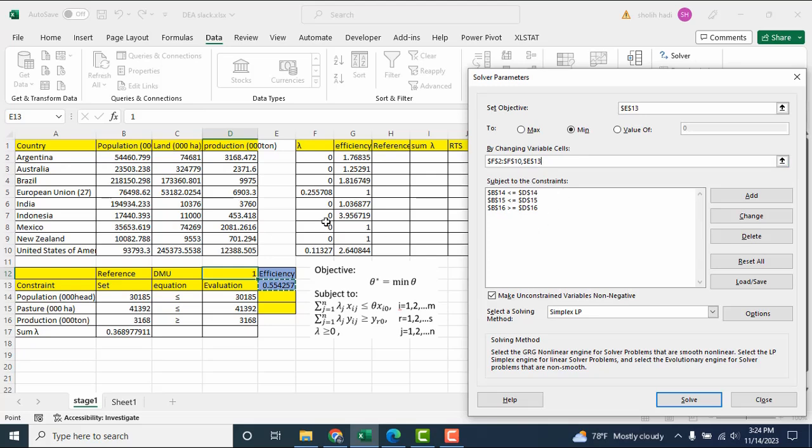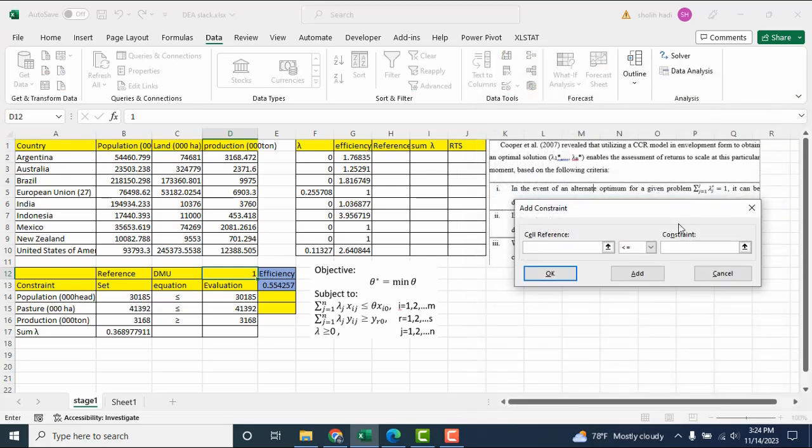So the solver is looking for the minimum theta to get the optimum solution, to get the minimum efficiency, the minimum input. And then for constraints we add here, we choose the reference is less than, for example here, the evaluation. Okay,